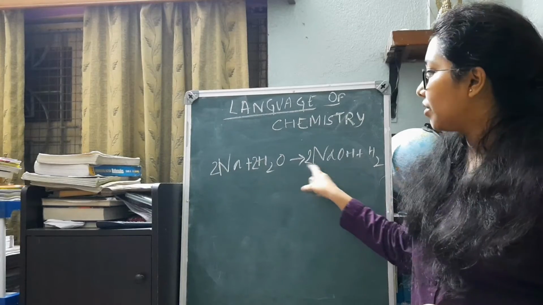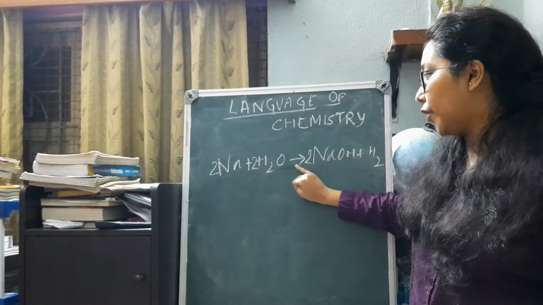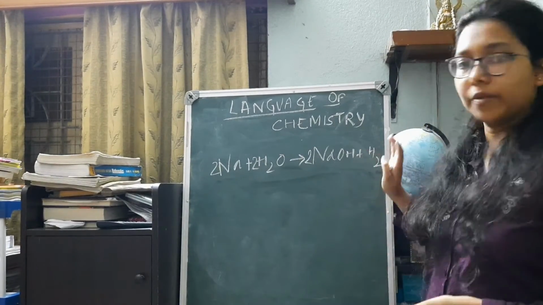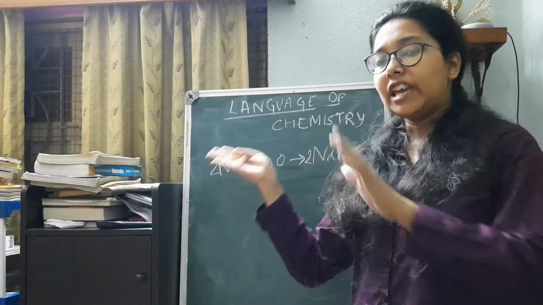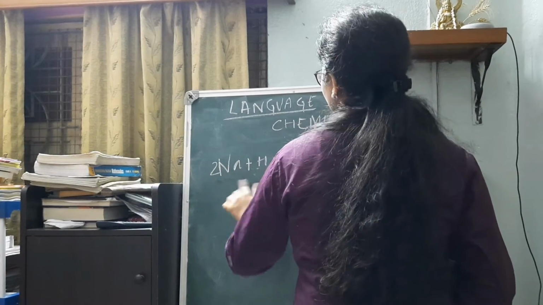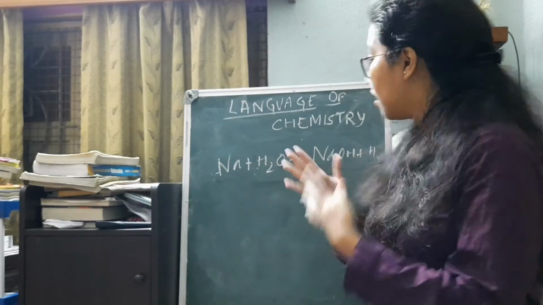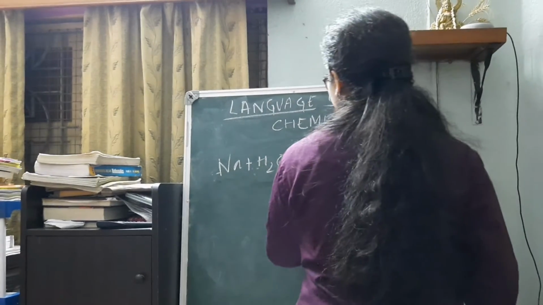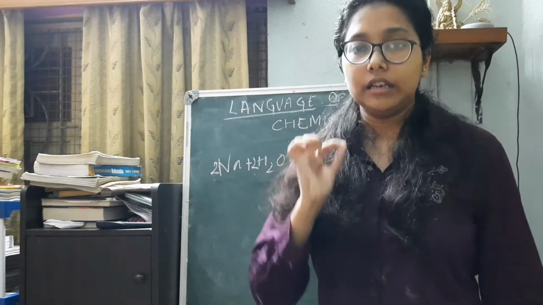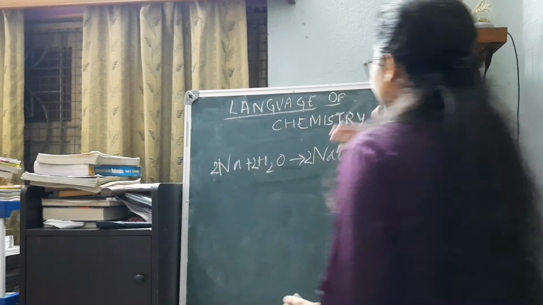So this is how the chemical equation is written. Reactants with a plus sign, then an arrow, showing how the reactants are moving towards the products. If I do not balance it, without the balancing, it is termed as the skeletal equation. No balancing is done. But the moment I balance it, this is termed as the balanced chemical equation. Okay, so this is how we write a chemical equation.